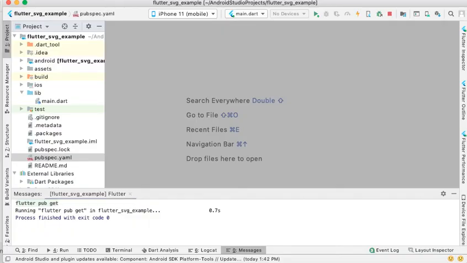In this vlog, we will see how to load an SVG format image into our Flutter application. So generally we use SVG for loading graphics, for loading files which contain specially defined graphics. SVG stands for scalable vector graphics.